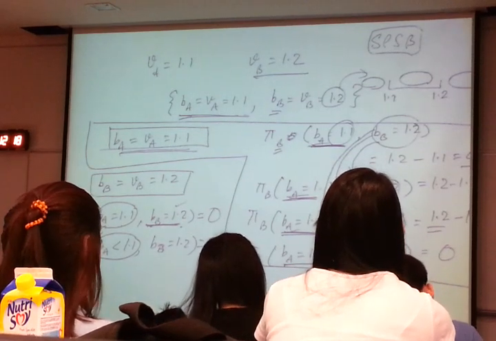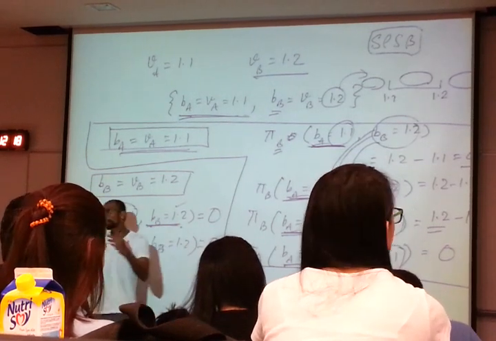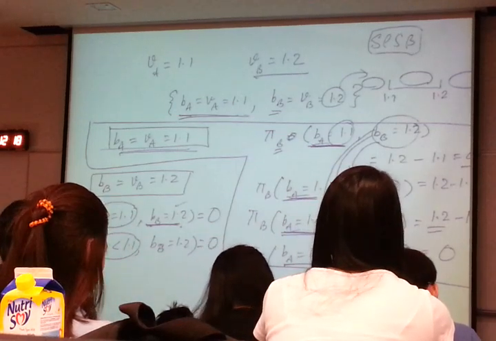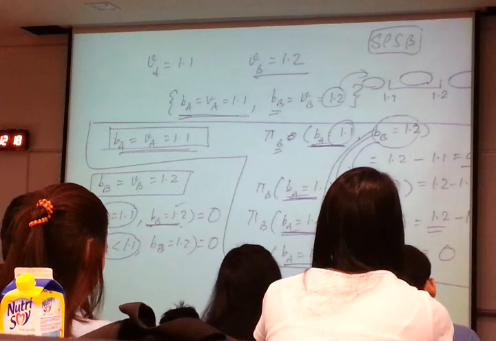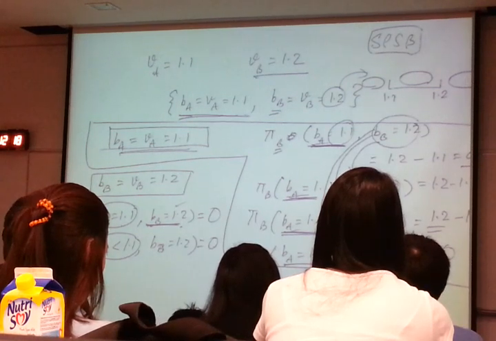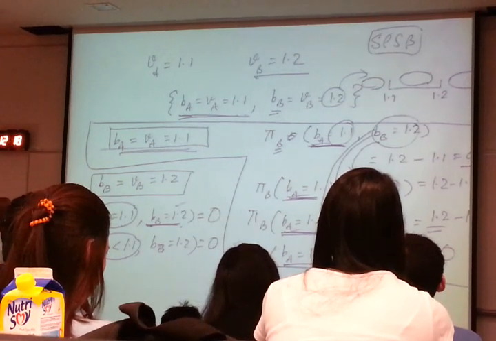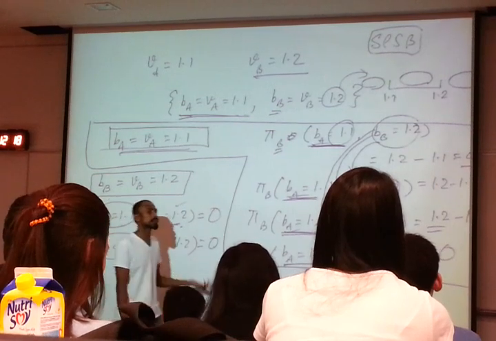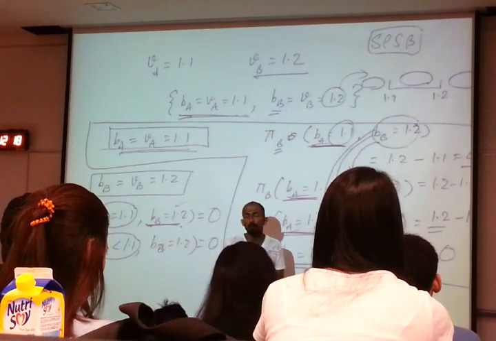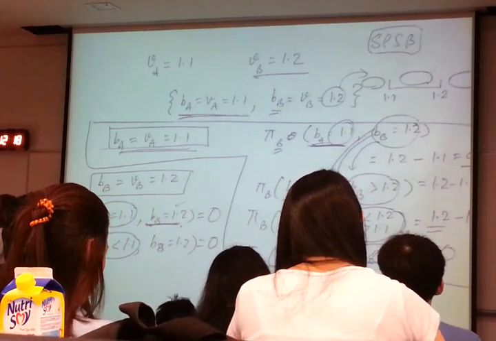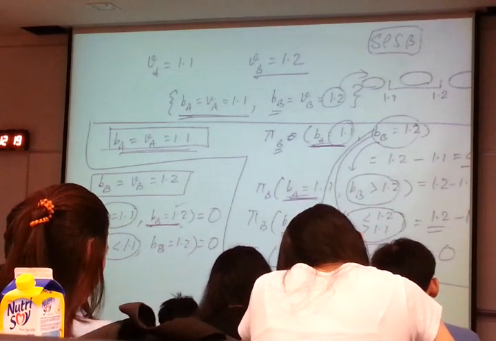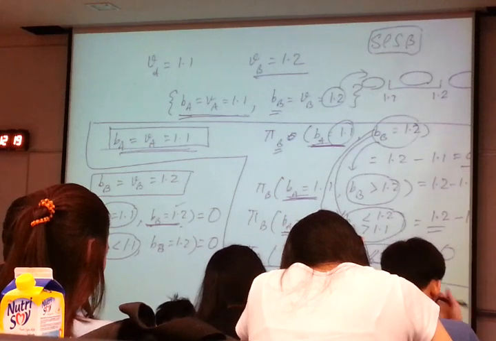And you will find out that given what Bert and Alex are doing, the other player has no incentive. Given what Bert is doing, Alex has no incentive of switching to another bidding strategy. Given what Alex is doing, Bert has no incentive of switching to another bidding strategy. Therefore, we have shown that both players bidding their own valuation is an equilibrium set of strategies. It's a Nash equilibrium set of strategies.